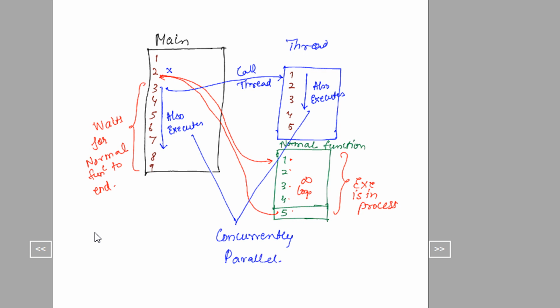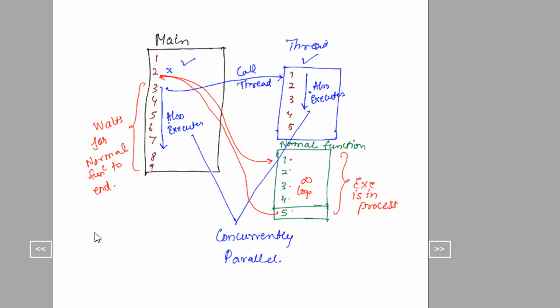Now what happens? Because the processors are so fast, at 2.8 gigahertz, you have roughly 2 into 10 raised to 9 cycles per second. You guys can understand. One instruction can take one cycle to execute, depending on whether it's a jump instruction, add instruction, or something like this. So now you see both the codes are executing in parallel. Sometimes this will win, sometimes this will win.